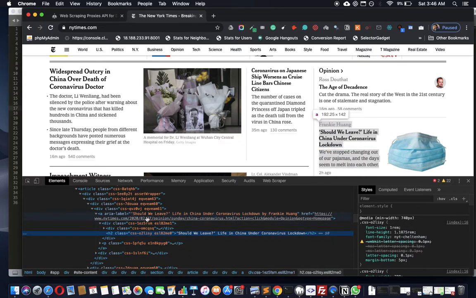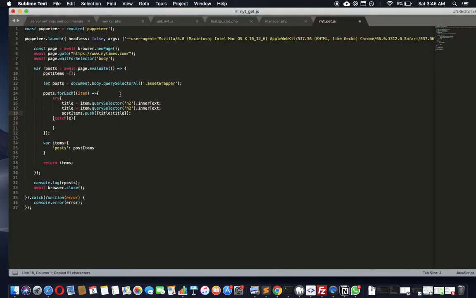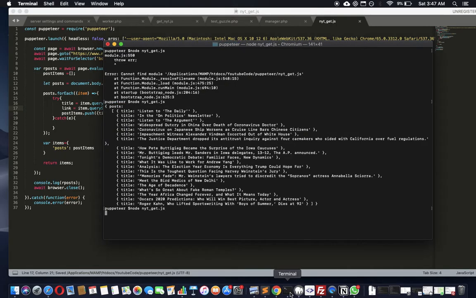There's only one href, as you can see. So I'll just copy this and get the href. If I'm going to get the anchor, I need not the inner text, because it'll again give me back the same title. Instead, I'm going to query for the href, and call it link. All right, now if I run it,